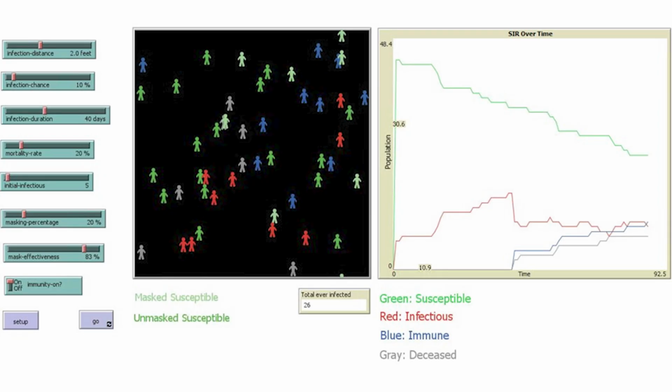And so I'd like to show you a demo of the simulation. So here it is. On the left, you can see there are several sliders. These sliders are the disease-specific variables that you can adjust. So, for example, this particular disease has an infection distance of 3, and if you wanted to adjust it, you can just move the slider around.